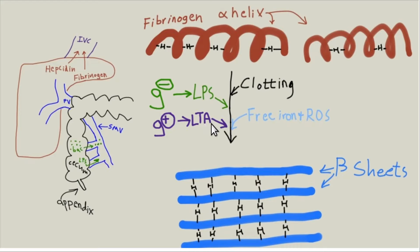Okay, if you have leaky gut, the bacterial endotoxins, LPS from gram-negative bacteria, LTA from gram-positive, that, by the way, is lipopolysaccharide. That's called lipoteichoic acid. Those can get across your gut lining and get into your blood, and they cause problems. They'll change the way fibrinogen, the blood clotting protein